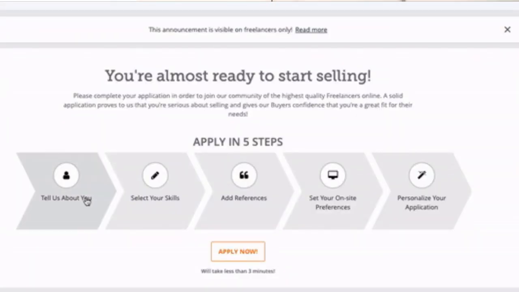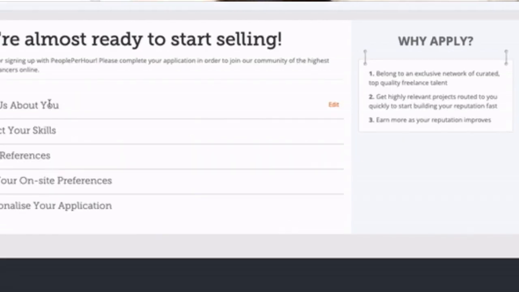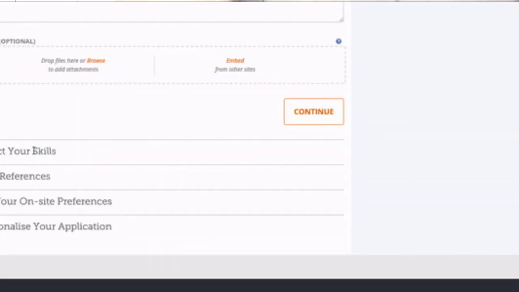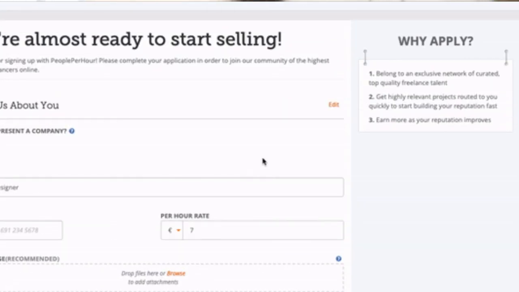The first one is tell us about yourself, the second is select your skills, then add reference, then set your on-site performance and preference, and also personalize your account. So today I am going to share 10 tips for filling up these 5 steps so that you can be selected, and this will be the start of your journey as a freelancer on the People Per Hour website. So let's get into the video and talk about the tips and tricks.